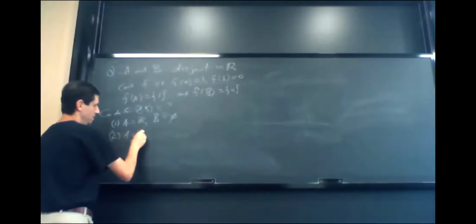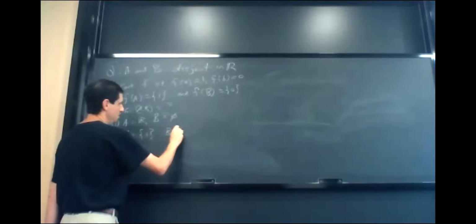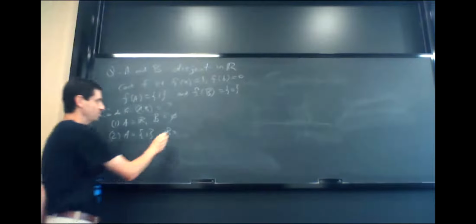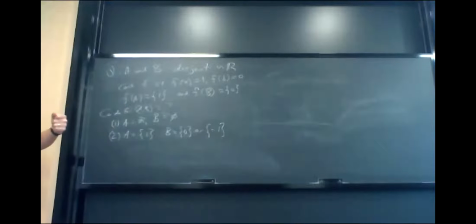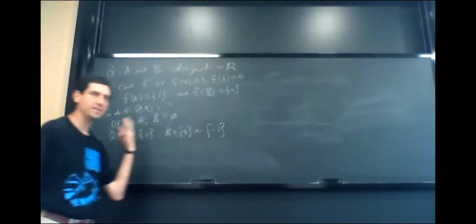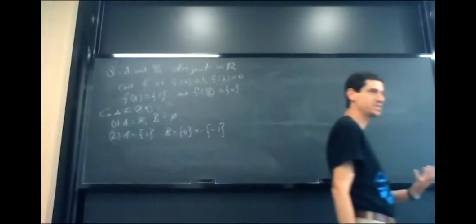Two points. So A equals 1, and there are two possibilities for B. 0 is one of the possibilities. And what's the other possibility? Yeah, -1. I would say that those are really the only possibilities: you take the points 0, 1, or you take the symmetric 1, -1. And again, part of this is just trying to think of good ways to come up with examples. All right, so what would be your function?